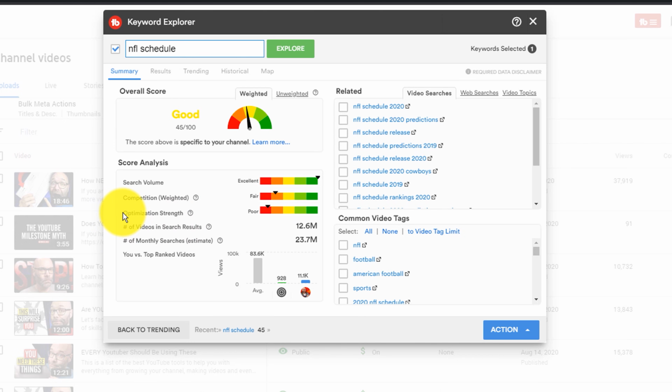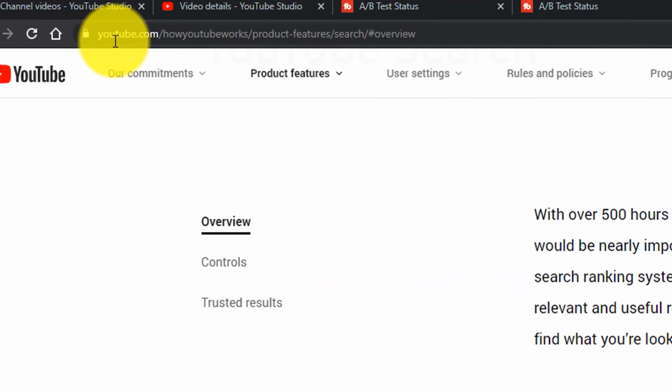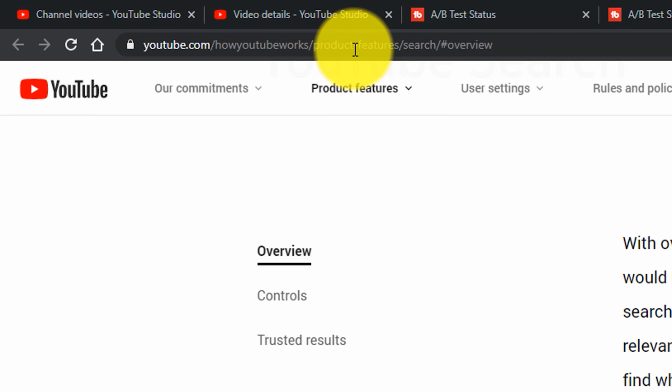And keep in mind though, this is for search rankings, right? But everything I'm talking about also helps you with discovery in general, because when you're using keywords in your title, your description, tags, all of that, then that helps give YouTube context to what your video is about, which then helps them show it to the right people on the platform. And if you don't believe me, or if you've heard otherwise, if you go to youtube.com/howYouTubeWorks/product